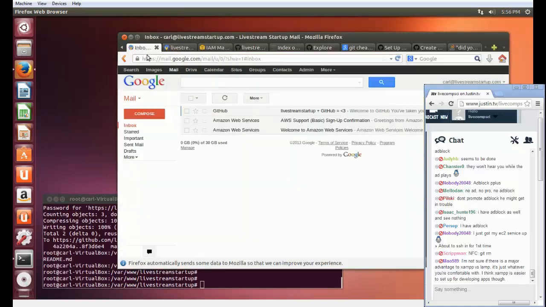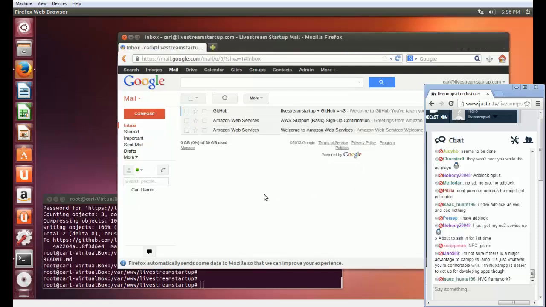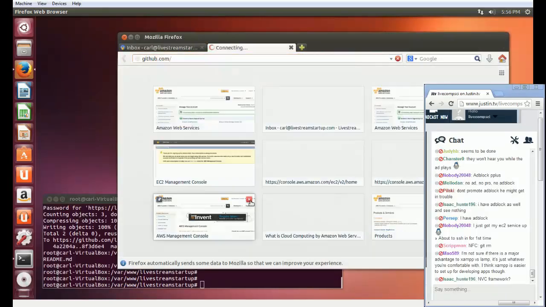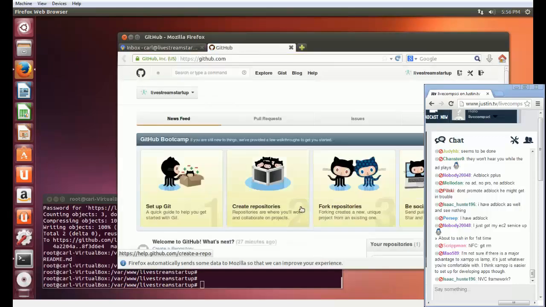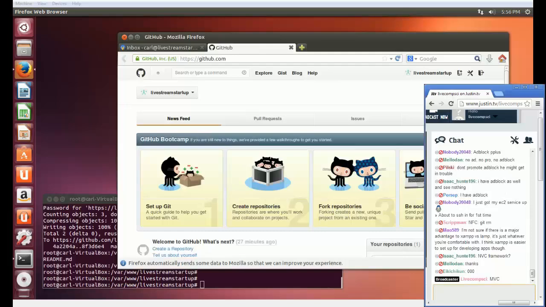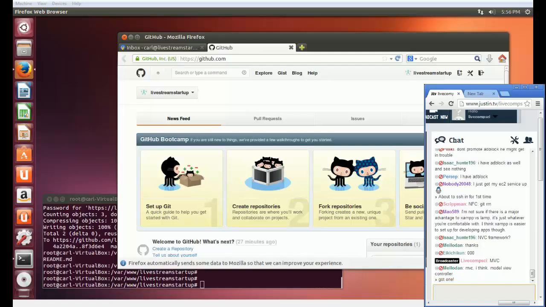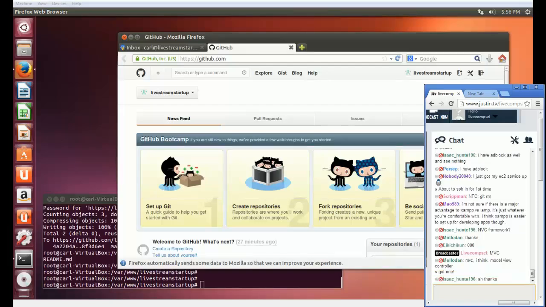Alright, now I'll close all my other windows. Okay, and I'll open up GitHub. MVC, MVC framework, which is short for Model View Controller, which we'll get into all of that in a little while. The goal here for this MVC framework